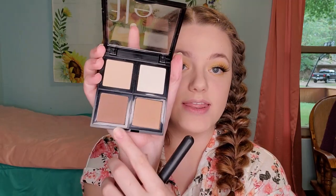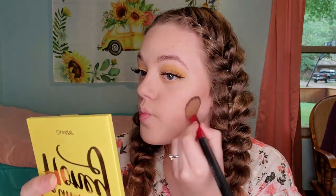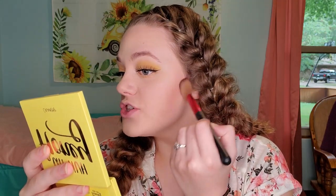Now I'm also going to contour. So I'm going to be using the contour palette from e.l.f. and I'm going to take this darkest brown shade right here, and I'm going to just sculpt out my cheeks a little bit. And I am just going to go in circular motions just a little bit because I'm trying to blend it out. If you can see, that shade has a lot of pigment,